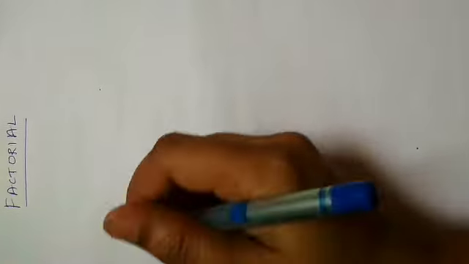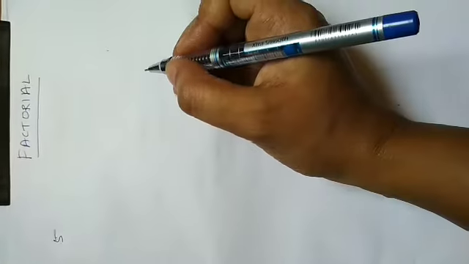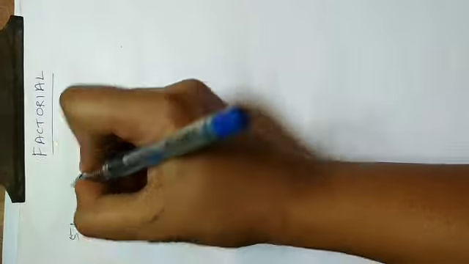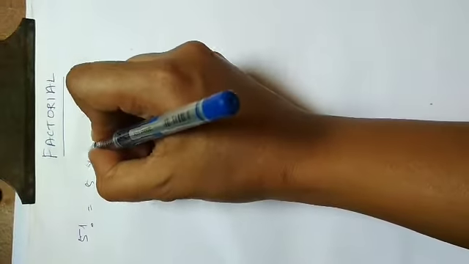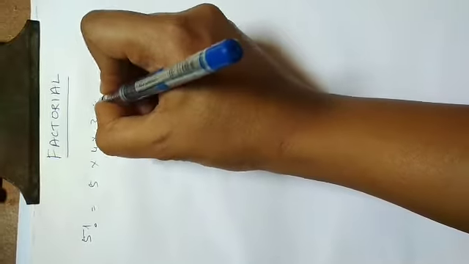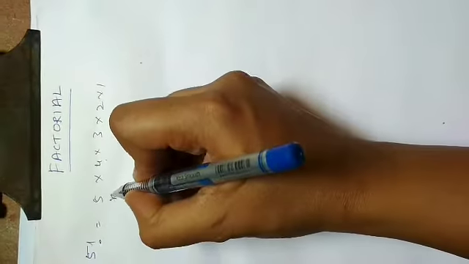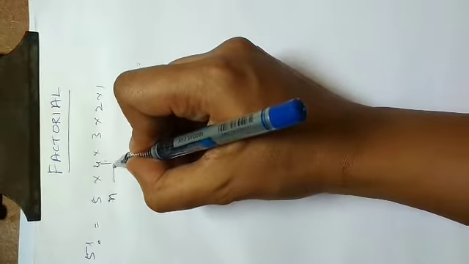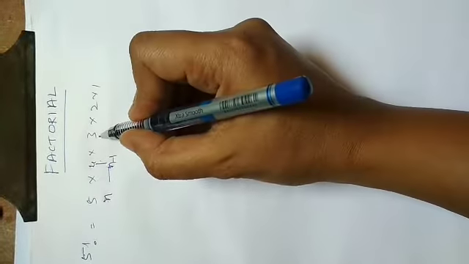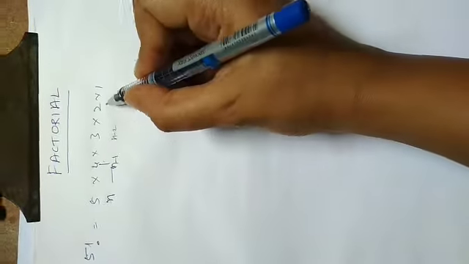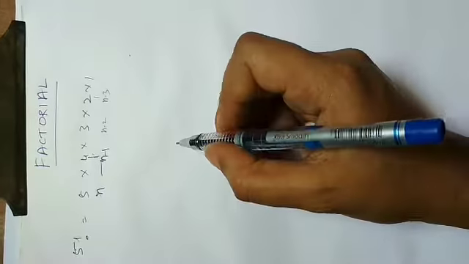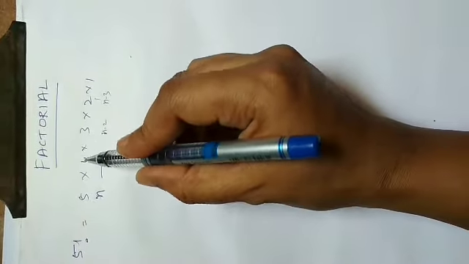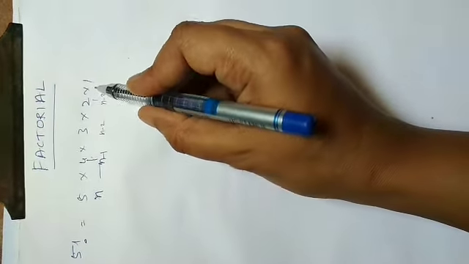So what is the concept of factorial? How do you find the factorial of the number 5? 5 factorial is nothing but 5 into 4 into 3 into 2 into 1, right? So you are reducing, right? If you take this as n, this will be n minus 1, then this will become n minus 2 and this is n minus 3, like this. Each time the number gets reduced by 1.